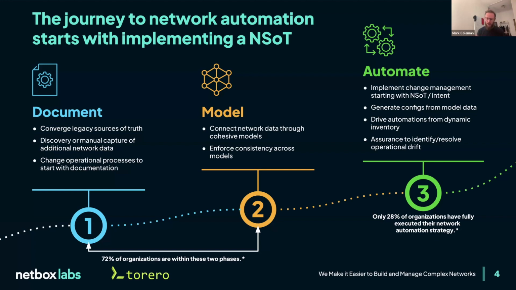So, Wyatt and I were discussing this in one of our pre-briefs, and networks have a lot of moving parts, right? It's not just the devices. You could have devices that are controlled or accessible through a controller, like Juniper Mist. You could have devices that aren't really directly related to the network, like something in vCenter. You've got all these other tools like ServiceNow and monitoring. And, you know this better than I do, but there's a lot going on in here. So it's not just what's the network, but it's also how does that model of the network connect into all these other systems.